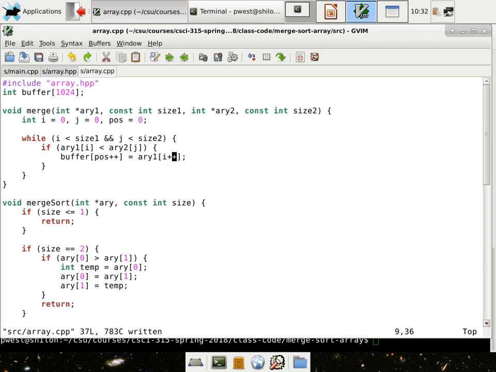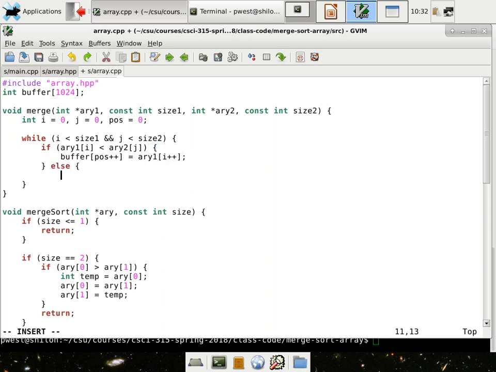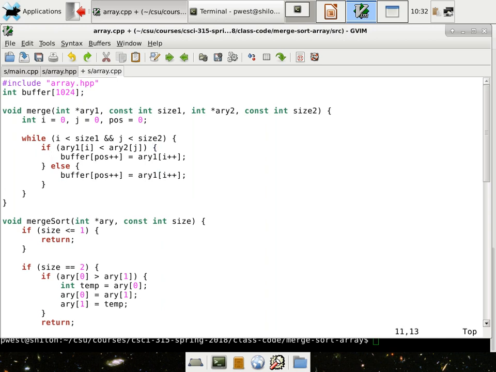And then we're also going to increment i, aren't we? Or yes, you could also do it with... Okay. Kind of compact, but hopefully y'all can read this. While i is less than size1 and j is less than size2, if array1 is less than, you're going to put that into the buffer, otherwise you're going to put the other one in and then increment the